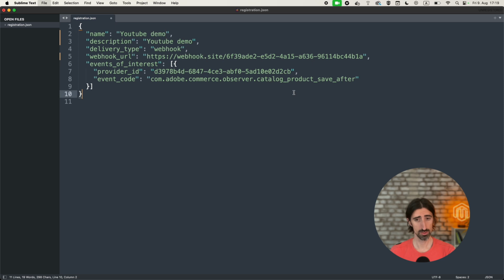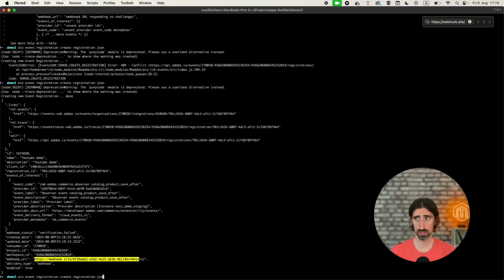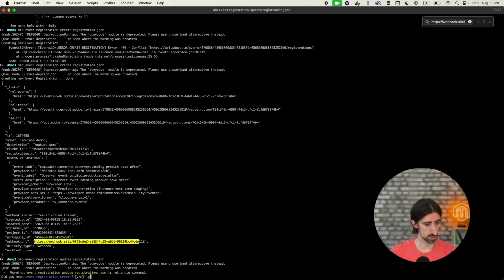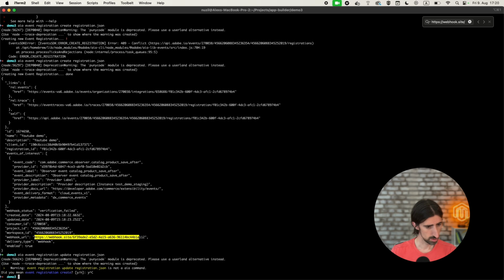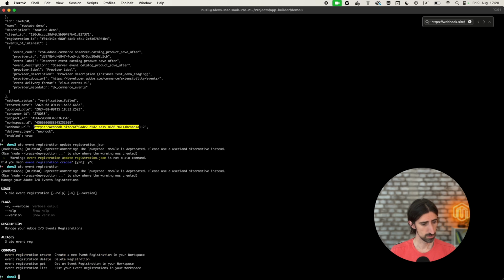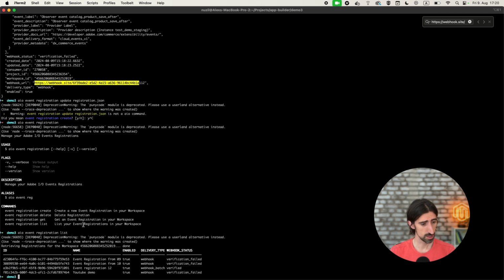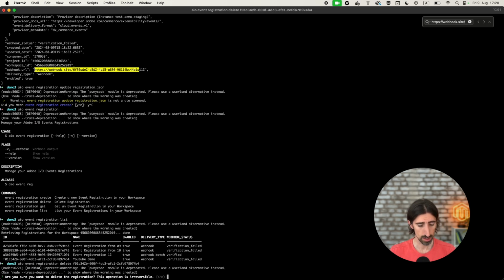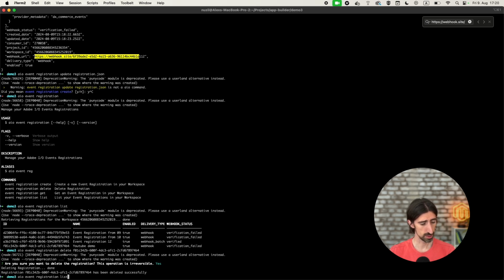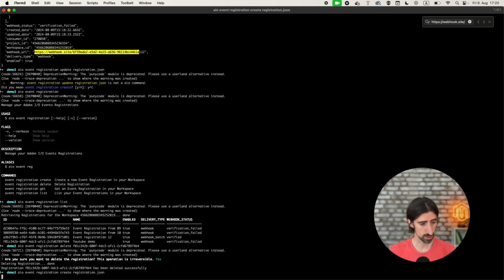By the way, that's a very good example. So we have a mistake. Let's try update. Nice. You cannot update it. Sorry. So we can only delete. Technically you need to list, find your registration, and delete it. Yes, I want to delete it. And then you can create the new one, this time with the correct